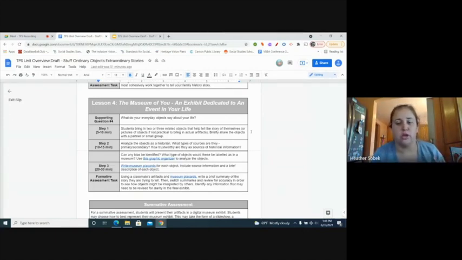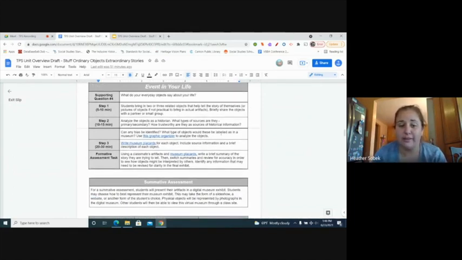What kinds of sources are these? Are these sources trustworthy? What kinds of objects are they? And then to have them start writing museum placards for their own objects to try to give some of the history, and we give them some examples of what that looks like. And then to have them switch with a classmate and see if they can tell the story of a classmate's family history or whatever based on the objects and the museum placards. And then if not, to have that be a place where they can go in and maybe do some editing